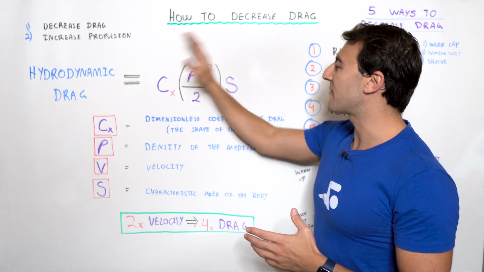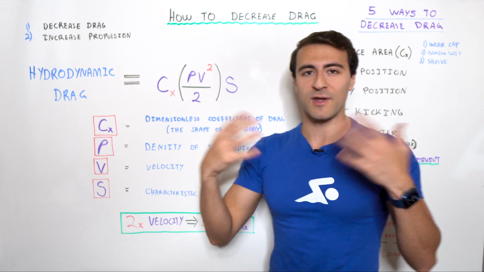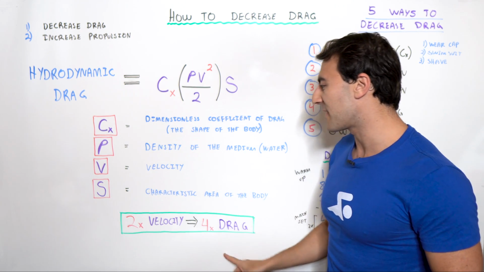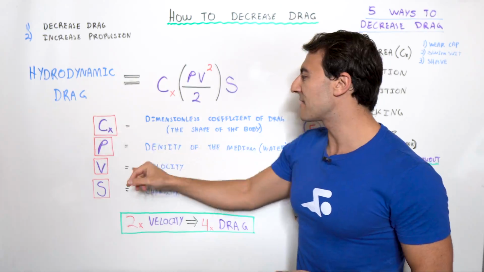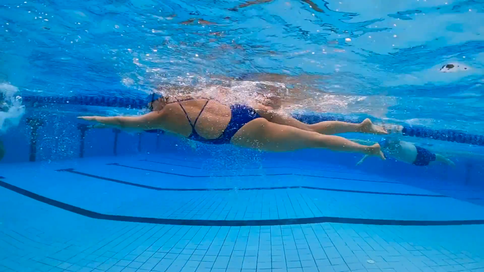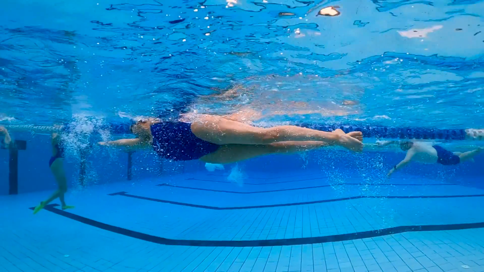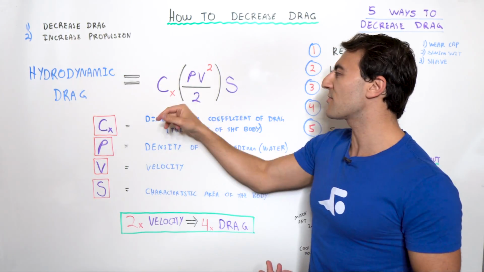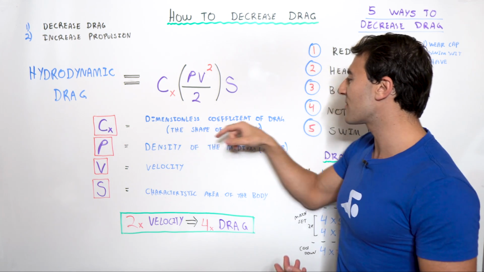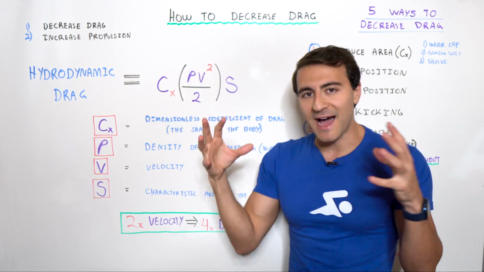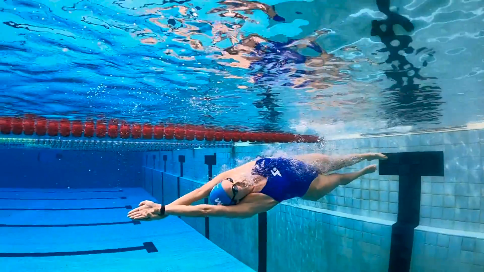Now, it seems really fancy to have all these numbers in the equation broken out like this, but really what it comes down to is what happens at the end. So hold this thought, but our C of X is defined as the dimensionless coefficient of drag. Ooh, sounds fancy, which is really just the shape of your body. So if you notice, our drag is equally proportional to this dimensionless coefficient. What that really means is if your body is not in streamline, you're going to increase the amount of drag